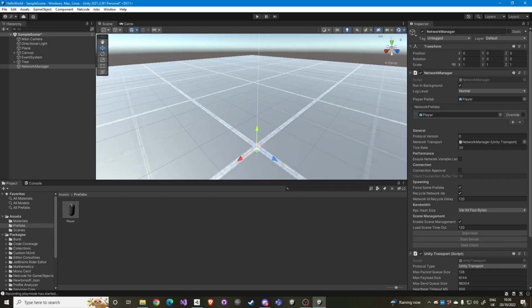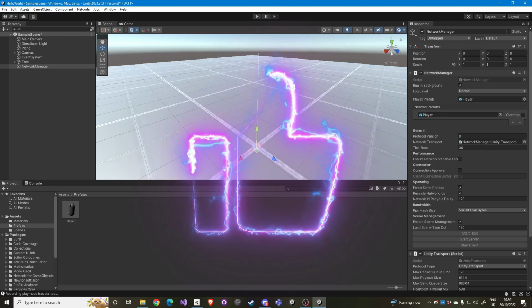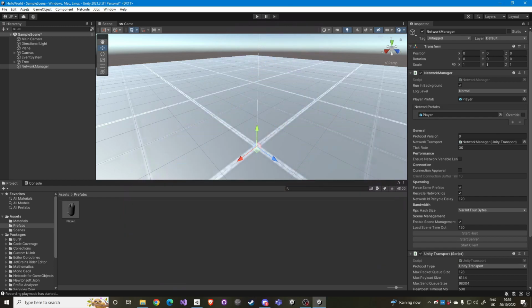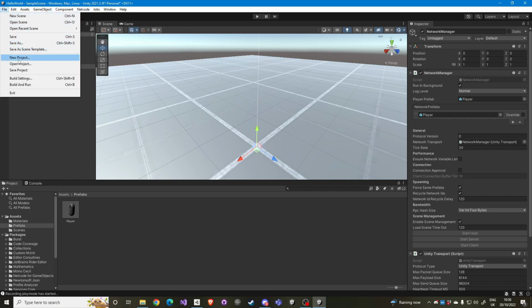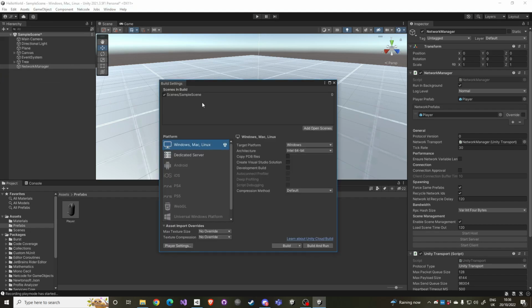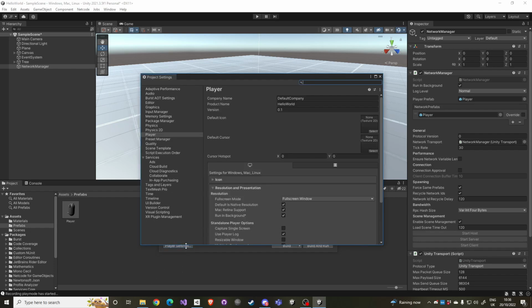So, prepare now for the multiplayer experience. Multiplayer games are normally tested by running one instance in the editor and another instance, or several instances, from the build. Firstly, go to the build settings. Your scene should be registered in the in-build list, so go and press the Player Settings button. You can put some sensible information as the company name and product name,